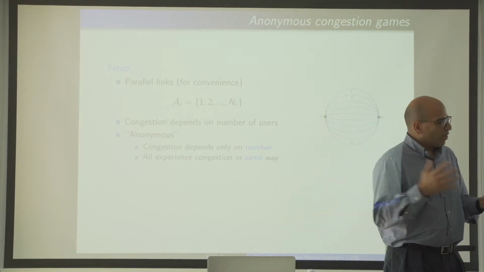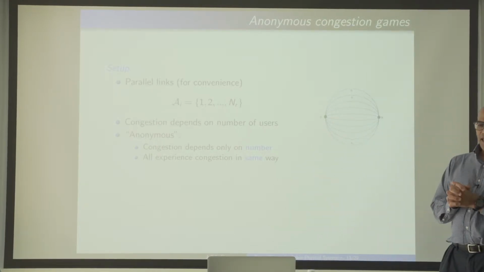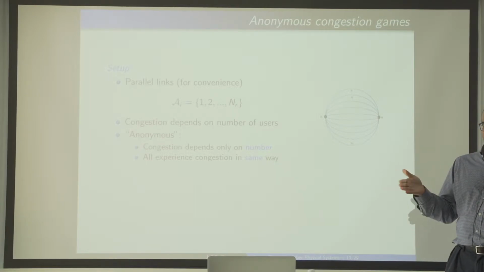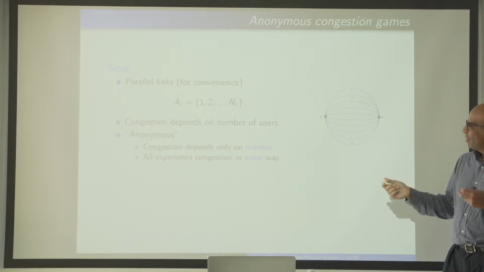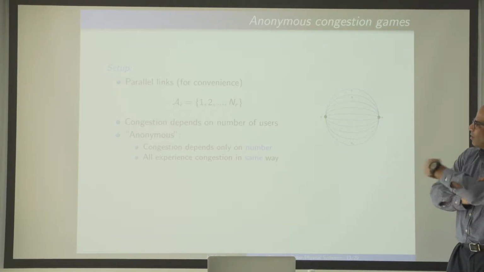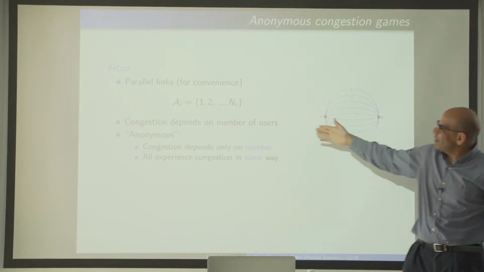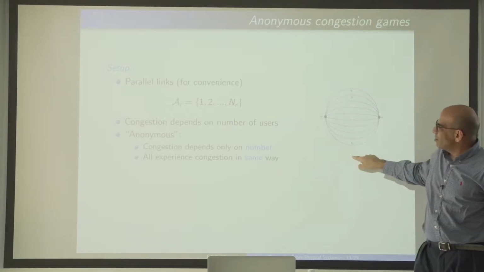So it looks like we have a property of a game. If the game has this finite improvement property, then we know we have some dynamics that will work. Now let's look at the following game. This is called a congestion game. We want to go from A to B. Let's say there's R